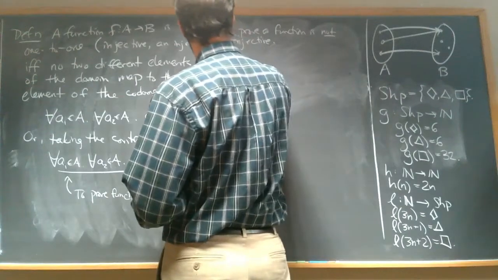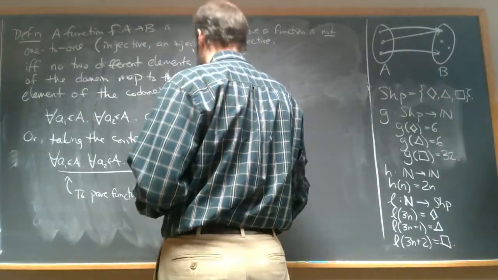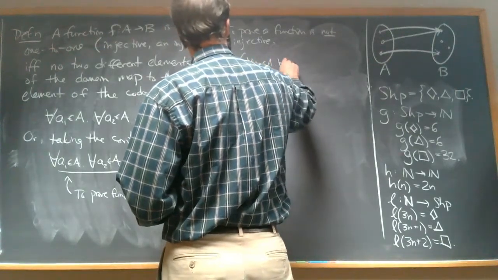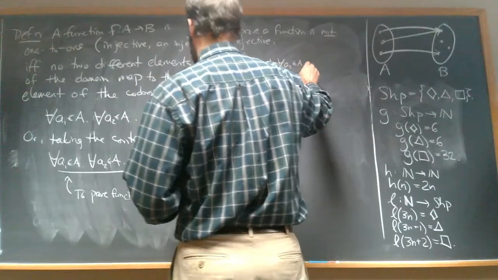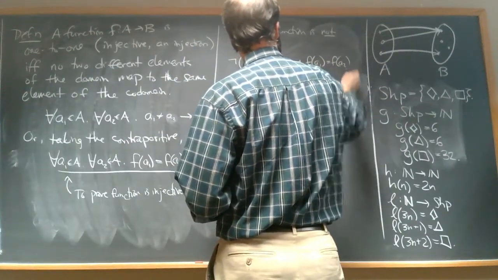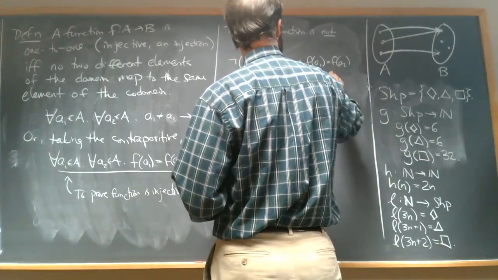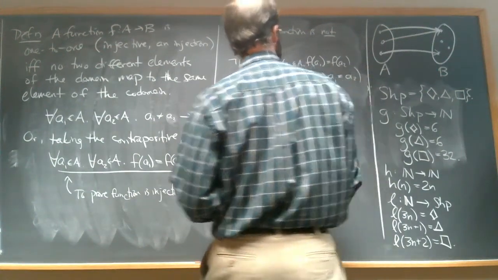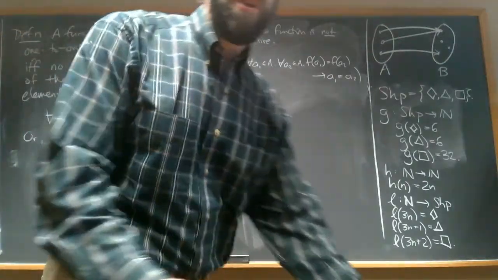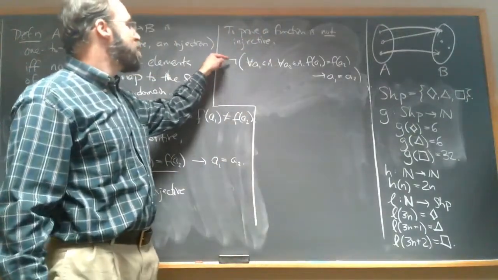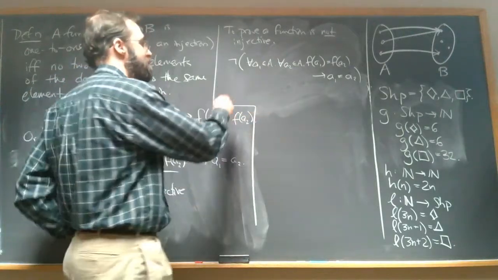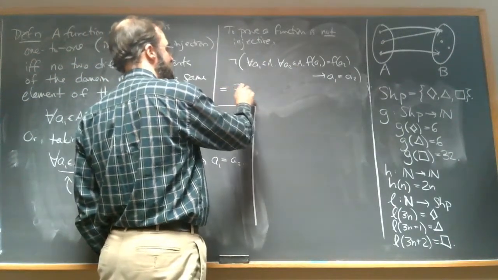So I'll say not, for all A1 in A, for all A2 in A, f A1 equals f A2 implies A1 equals A2. Okay, so we'll use some De Morgan laws, right? So first we can push this not in past the for alls, but they have to flip to exists. Okay, so this is equivalent to exists A1